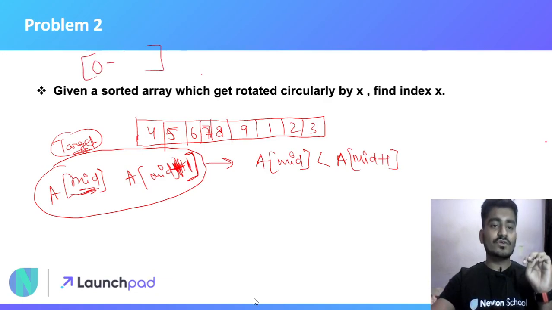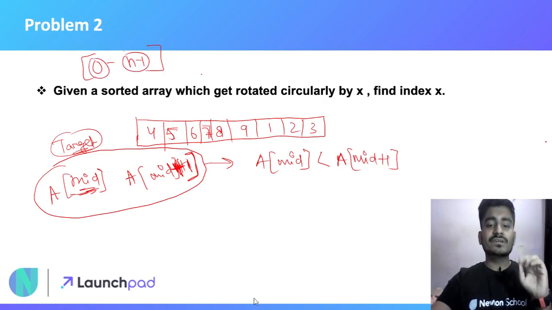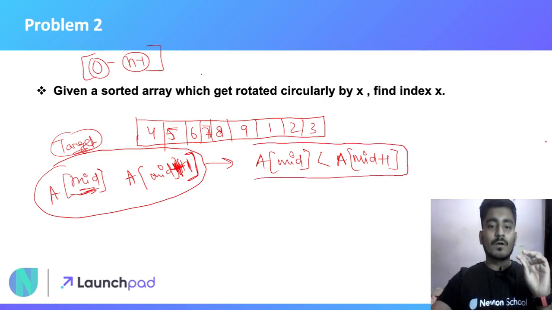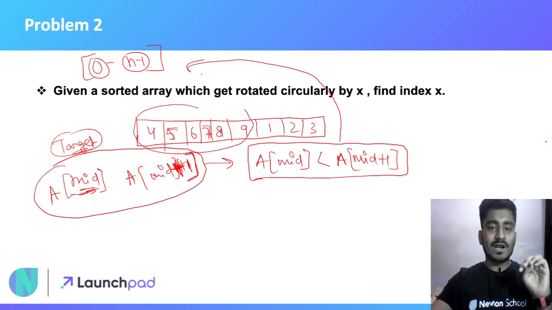Initially your range was 0 to n minus 1, where n is the size of the array. And you get a value where a of mid is less than a of mid plus 1. How are you going to change the range? Now you have to decide whether to go to the left half or the right half. So how are you going to do that?